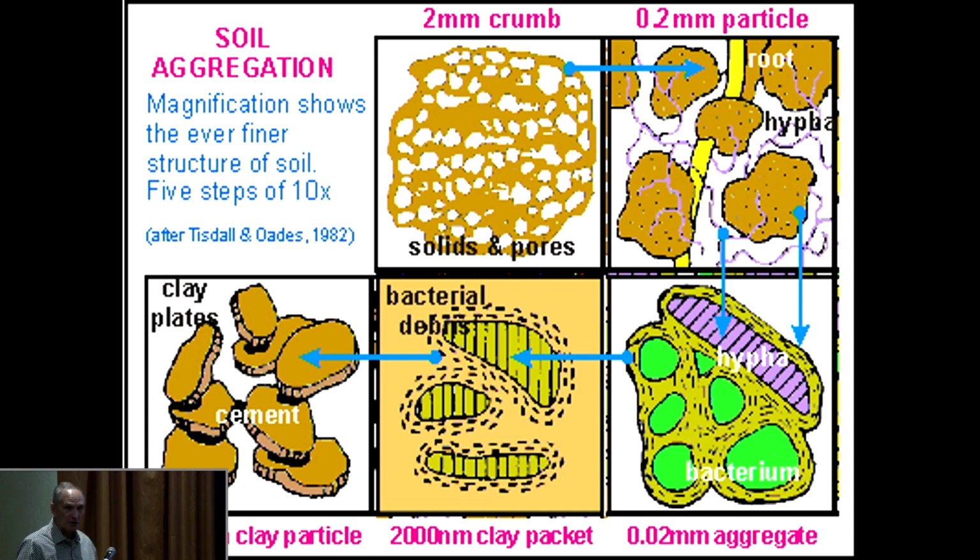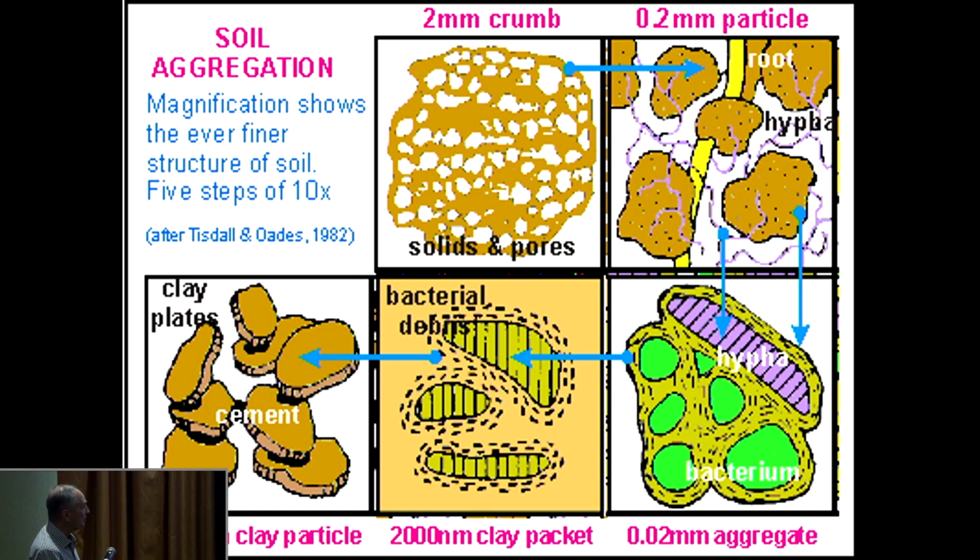The bacterial debris that occurs as part of the breakdown of those microbes, the life cycle of those microbes, starts to coat those clay platelets, and we're talking nanometers here, 10 to the minus 6. This is a really, really small process. Then we get up into this millimeter scale, and we start to see some of these hyphae come in. The bacteria start to form the mucilage around the soil. And these are a lot of the biochemical precursors that we look for in the soil to see what direction we're headed. And then we get up to the part where we can actually start to see these things.